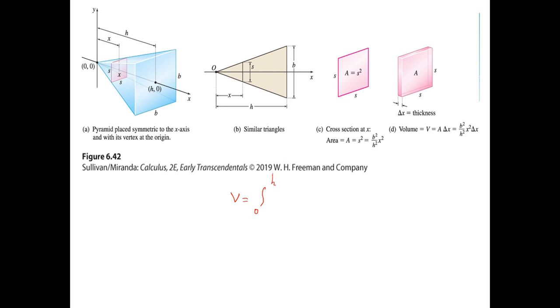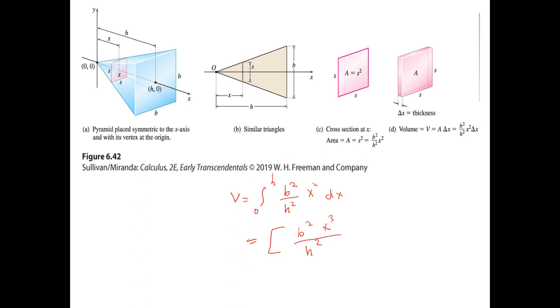all right? 0 is going to be here, and then here h, right? Integration of what? b squared x squared dx. Then when we take the integral, that is going to be equal to b squared